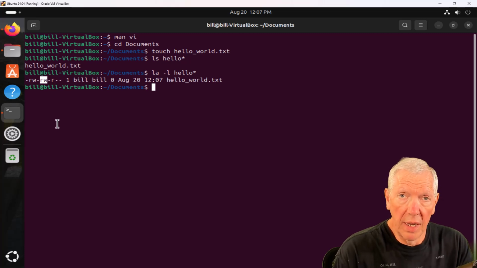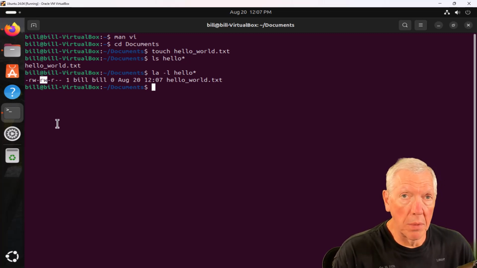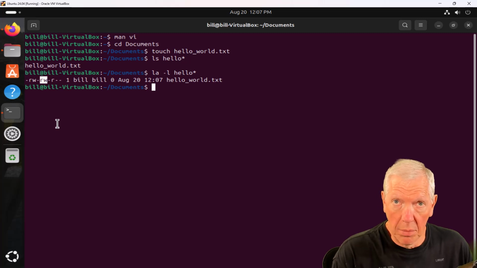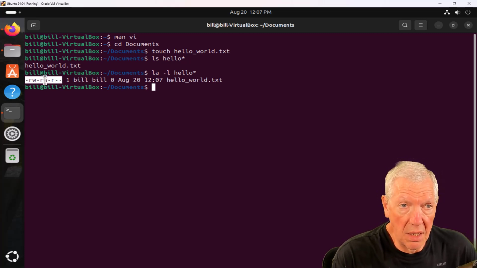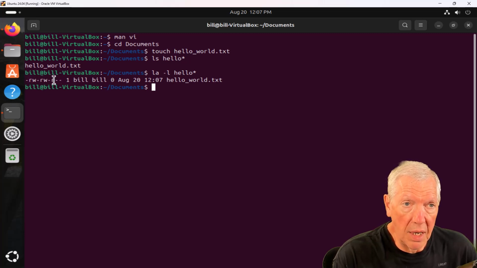By default, every user is put into their own group. So if you create a user called Sam, they're going to be in the Sam group, but you could add that user to other groups, like administrators or whatever. In this case, it's saying that the Bill group has read-write rights, and that the world here can read the file, but they can't write to the file.